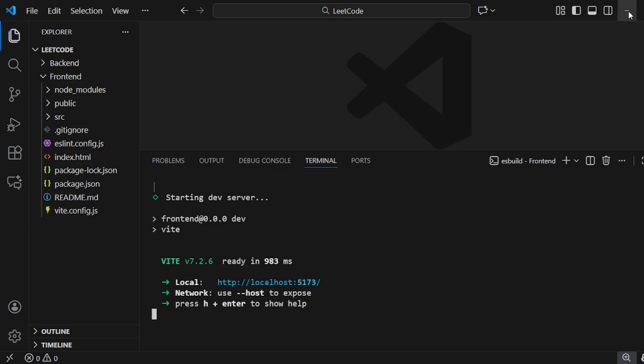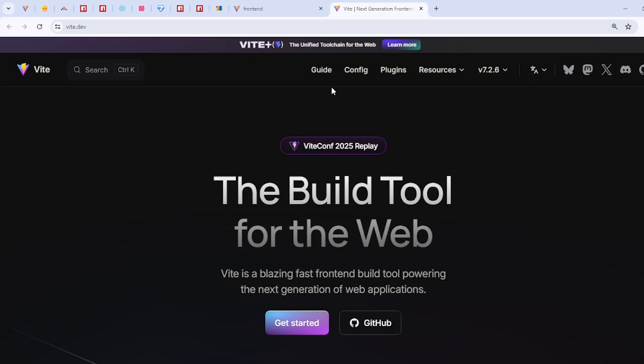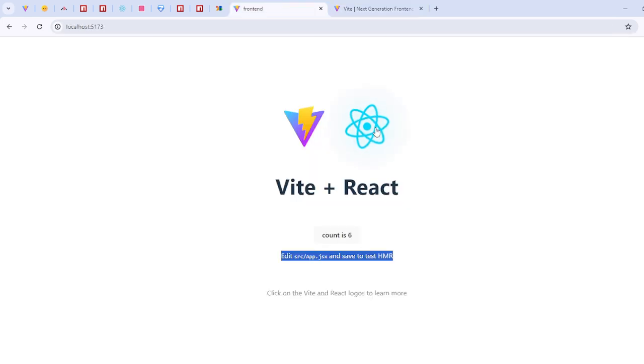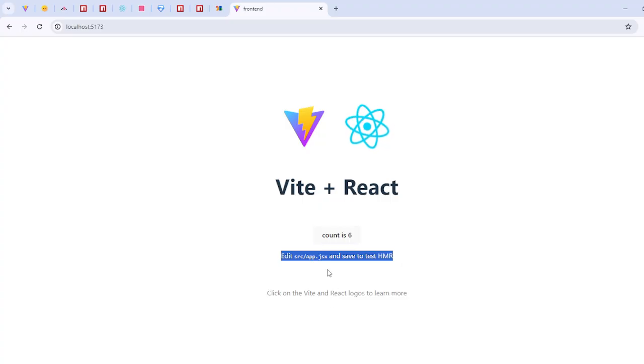So open your Google Chrome. So here is our page at localhost 5173 port. Vite plus React, count is 0. Click on it, then its state is changed from 0 to 1, 2, 3, 4, 5. Edit and click on Vite and React logos to learn more. If we click it here, then a new page is open for Vite. If we click on React icon, then a new page is open for React. That's all. Now go to our VS Code,